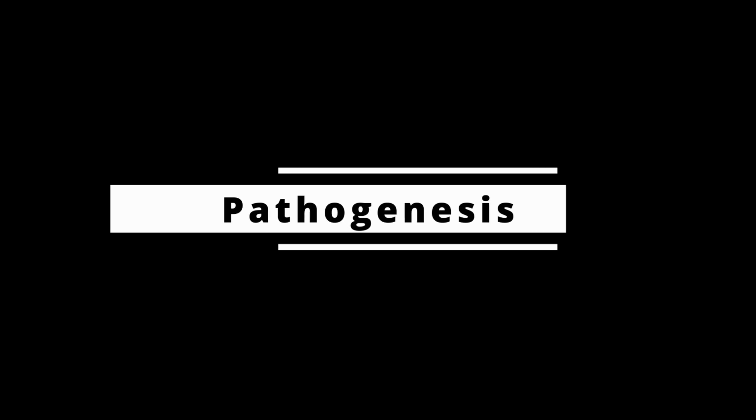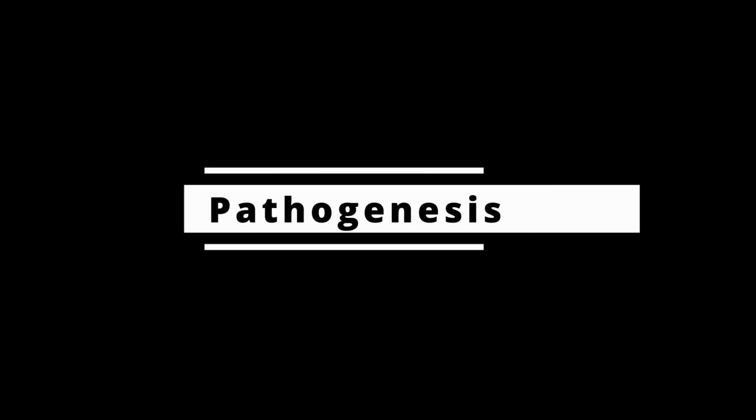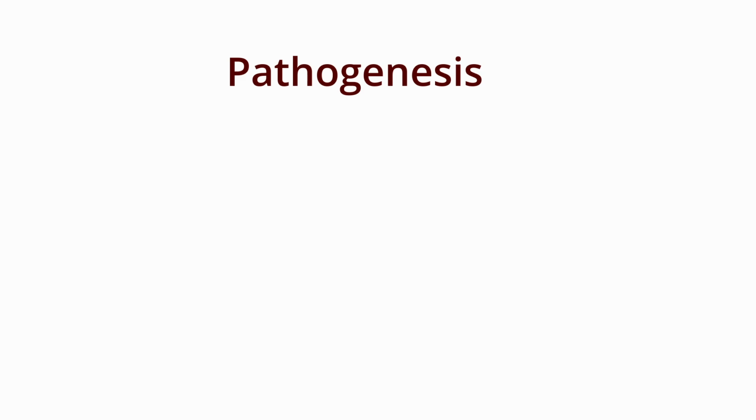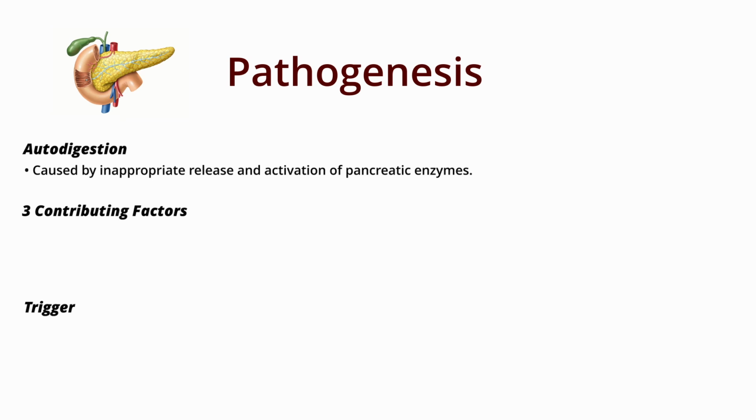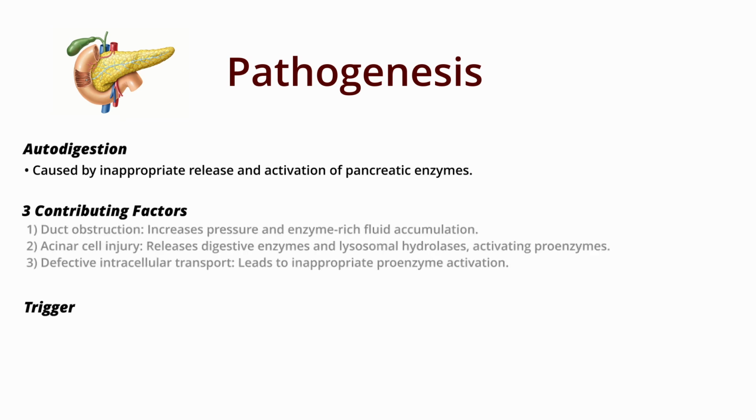The pathogenesis of acute pancreatitis involves three main features. These features include autodigestion, the three contributing factors, and the triggering event. Firstly, autodigestion of the pancreatic tissue is caused by inappropriately released and activated pancreatic enzymes. This may be contributed to by duct obstruction, which raises intrapancreatic ductal pressure and leads to the accumulation of enzyme-rich